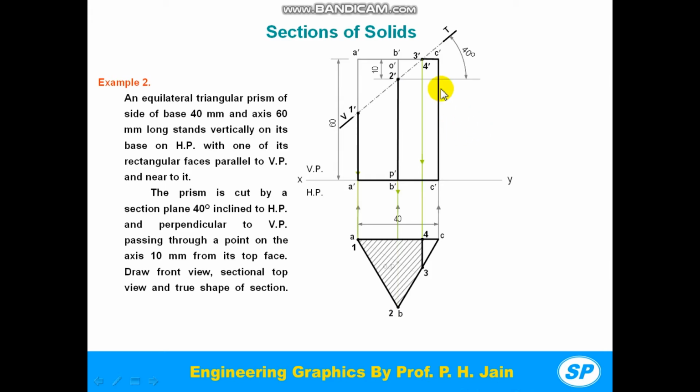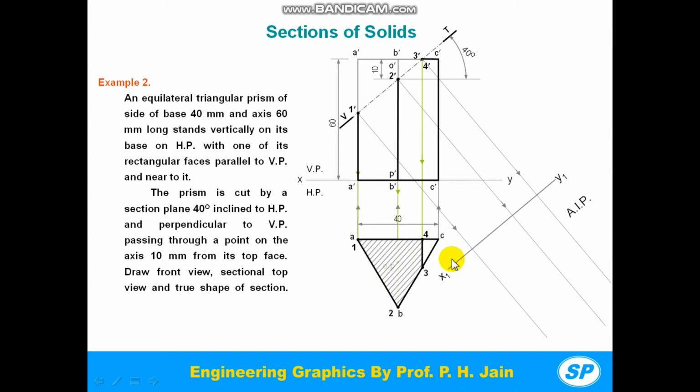Now let's draw its true shape of section. So for the true shape of section we have to draw projection lines through each section points from front view in this direction, means this is the perpendicular direction to VT. Then draw x1 y1 line to create auxiliary inclined plane. So x1 y1 line is parallel to VT. You can take suitable distance from VT. Now let's draw true shape of the section on AIP.